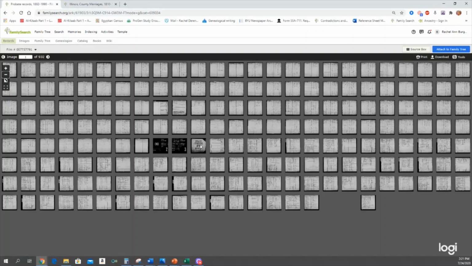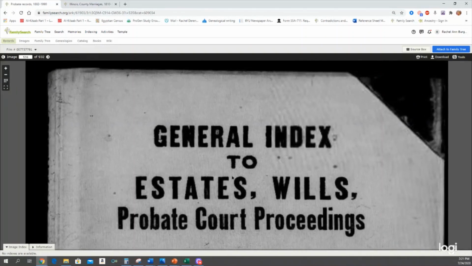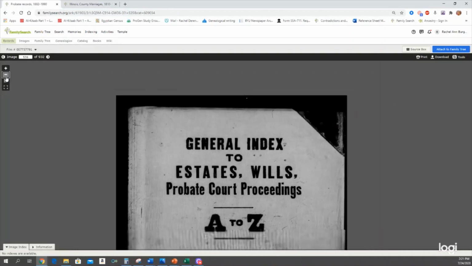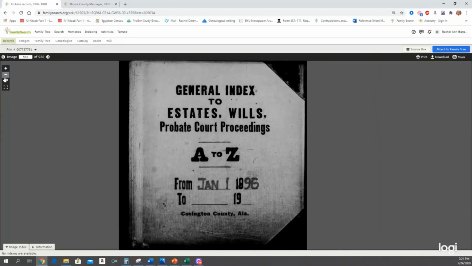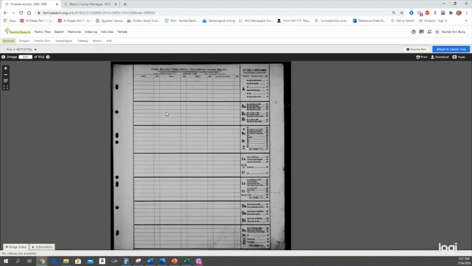Now, something to note. Well, let's go ahead and look. So it's cool to see these, and this is what you would see in the actual courthouse, or these books. And they're big. They're typically very large, like the size of my torso. And they're fun to handle if you go to a county archive that will let you. But something to know about these books is these counties are purchasing pre-printed books for their indexes. And it depends on who they purchase from that will determine what style of indexing.